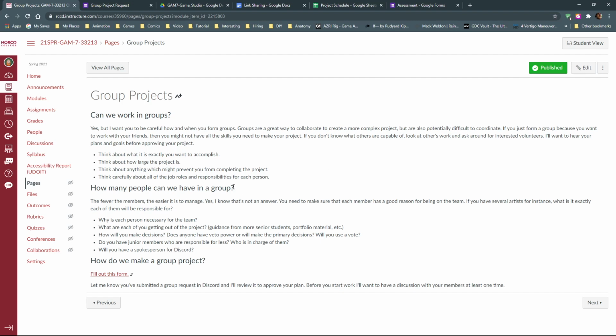How many people can you have in a group? Be careful, don't make it too big. I don't want to put a number to that because everybody takes the number way too seriously, but think about how complicated it can get once you hit 4 or 5 people. How many different opinions there are, how many different directions the project can go in, who is now in charge of saying yes and no to features. It becomes harder and harder to manage the larger the group you have. If you're working with one other person, it's way easier. Yeah, beware of what ifs.